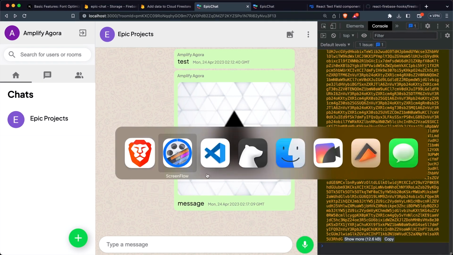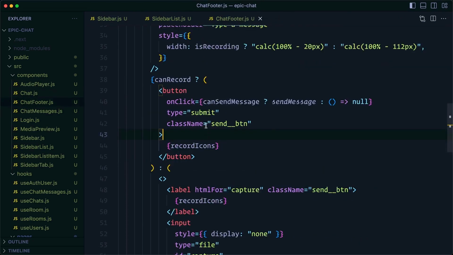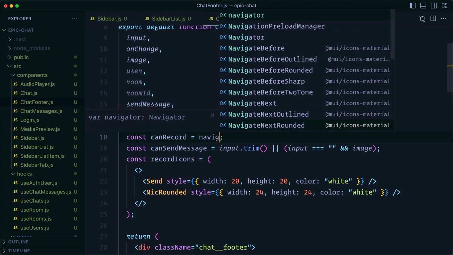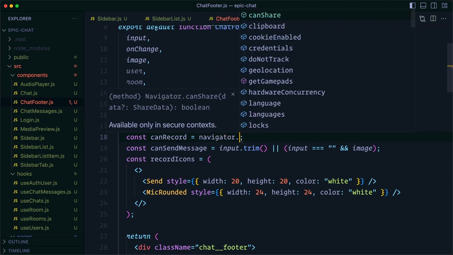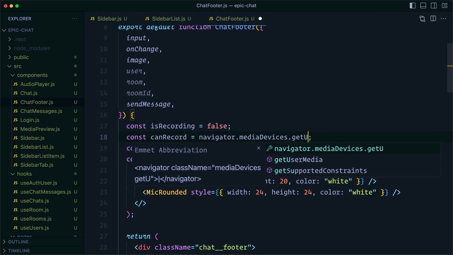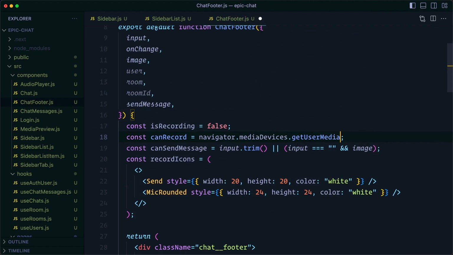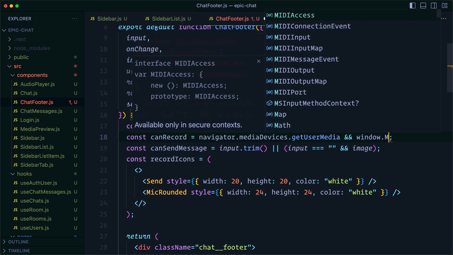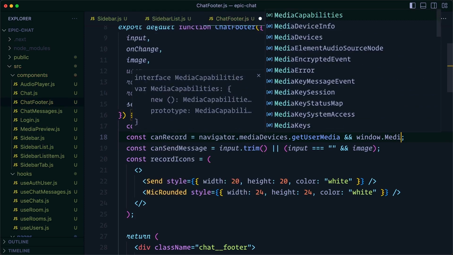We're going to start in our chat footer. So let's head to the chat footer component, and we need to change this hard-coded canRecord value. This is actually going to be determined based off of a value on the window. On the window we have this navigator object, and on navigator we have a property called mediaDevices.getUserMedia. We're going to need this function in order to record audio, and we're also going to need from the window, we can explicitly say window if we want, window dot in capital letters with a capital M,